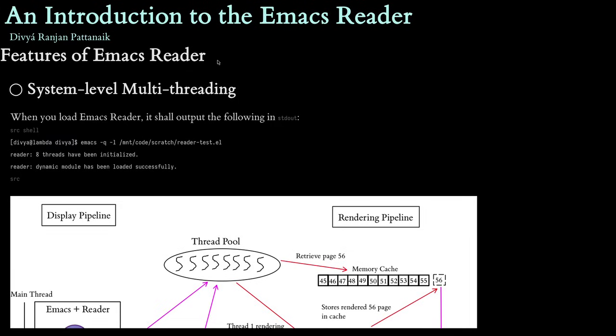What needs to be multi-threaded is the rendering part, because that's the most expensive part. In Emacs, we're only just displaying images. Emacs itself does not have a PDF engine that is rendering stuff. MuPDF is supposed to take care of that. So if I can do multi-threading in the rendering pipeline, that is when I'm rendering pages instead of displaying them, that's fine for me, because the rendering part most of the time, especially in scanned PDFs, is the most expensive